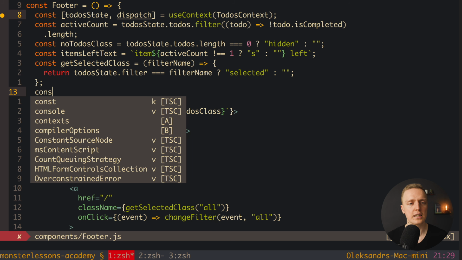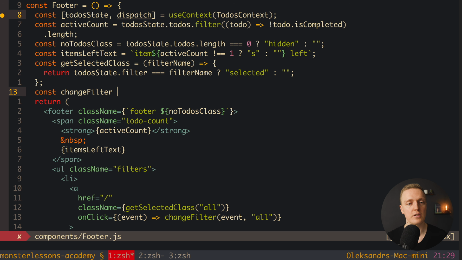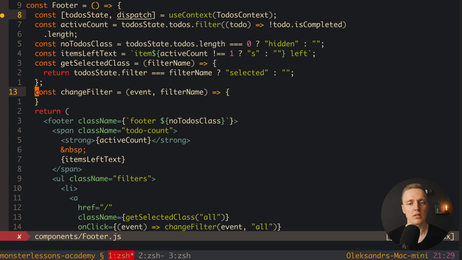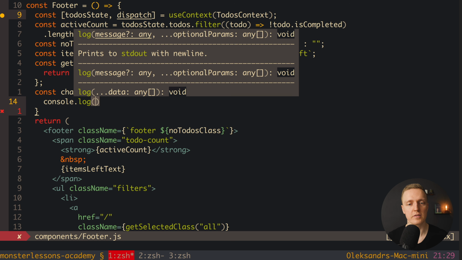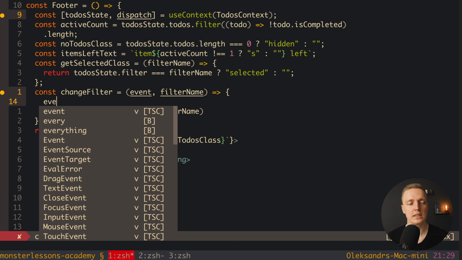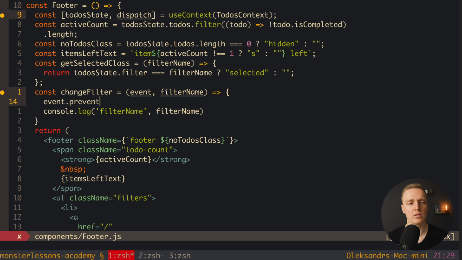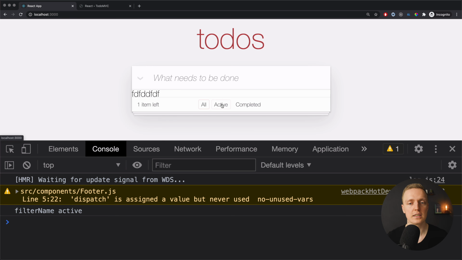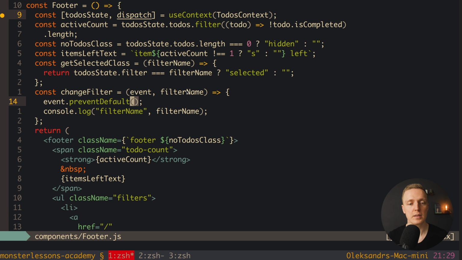So let's create it here, const changeFilter, and we know that we're getting event and our filter name. And now let's console log our filter name and do event.preventDefault. So here will be filter name, and first of all we need event.preventDefault. Now let's check if it's working. So I'm reloading the page, typing something, and I'm hitting another filter. As you can see, here is filter name active, which means now it is time to make a dispatch